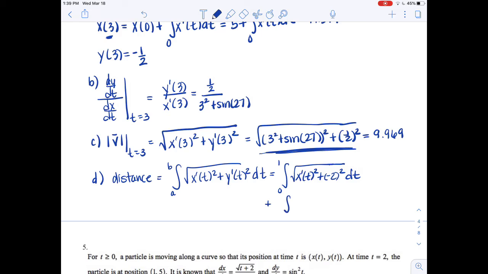I would probably suggest plugging it in all in one step so you don't make mistakes. You'll now have a second integral for the second part of the distance traveled, because y prime of t in this case is now 0. Again, go back to the graph if you need to see. You do actually have to get a value for this. Unlike the previous one where you can just show what you're plugging in, this is a function of t when you plug it in your calculator. So you have to plug this in, rounding to at least 3 decimal places. Obviously, you can always go more, and you'll find that the total distance traveled by the particle in this case is 4.350. There are no units, so you don't have to put units, but obviously if a question